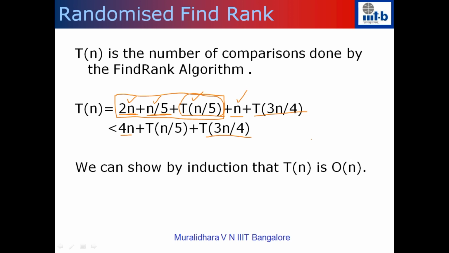So the summary is, instead of using a random pivot, we wrote a good pivot function which divides the elements into groups of 5, picks the median of these groups, and then finds the median of medians. If you use that as the pivot for your original find rank function, then we have proved that the pivot will be a good pivot in the sense that its rank will be between n by 4 and 3n by 4.